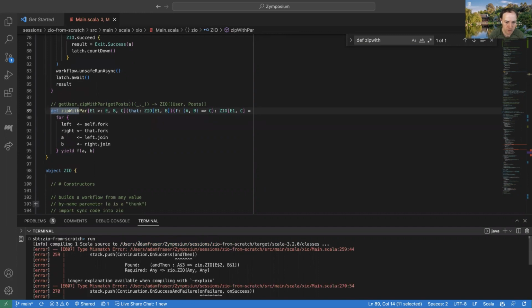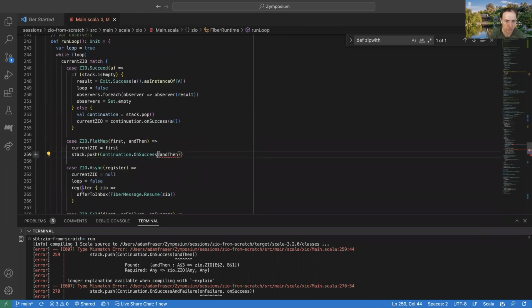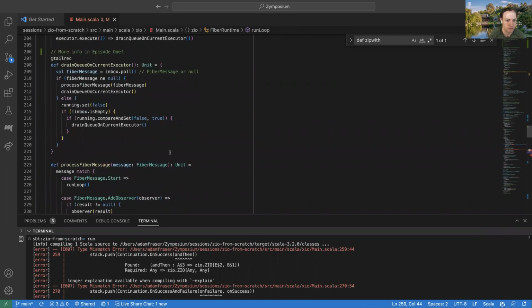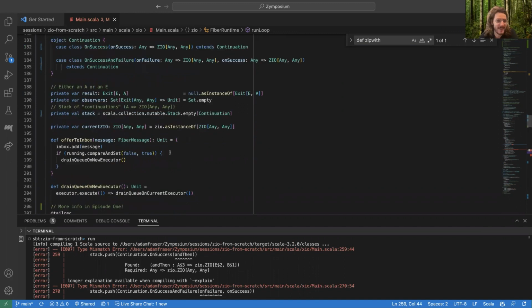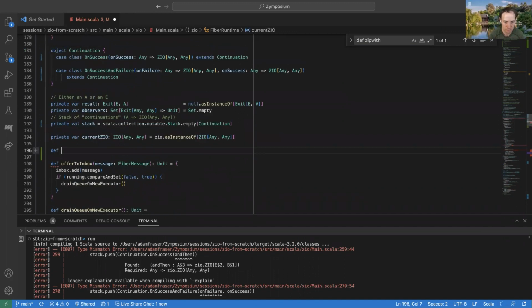And I think we may have upgraded this to Scala 3. So I think we have minor compilation errors here, but let's fix those. Oh, 3 now, fancy. All right. Yeah. So I'm just going to give ourselves a little helper method. Nice.